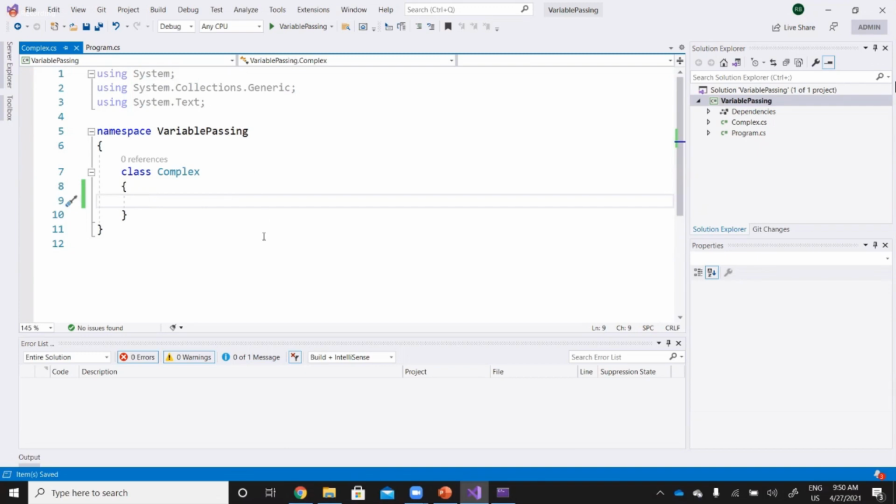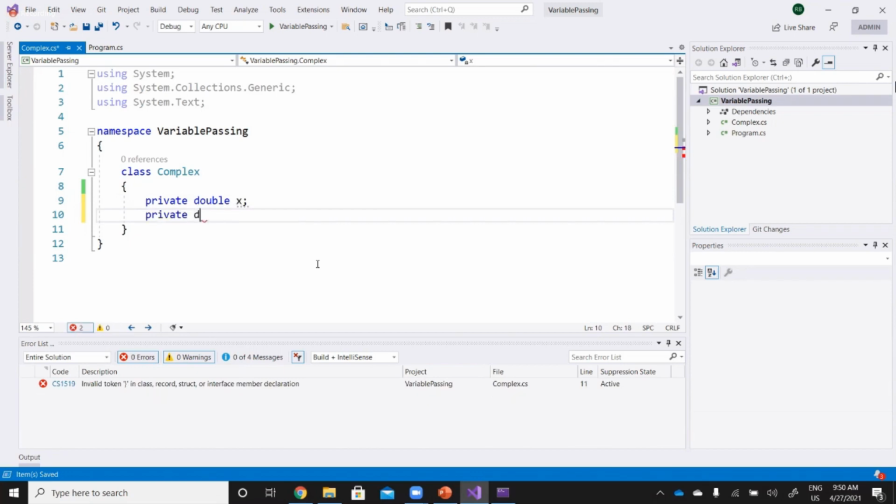So now what we are going to do, right? Initially this class has two variables. Let's define it as private double x and another one, private double y. It doesn't matter, right? You can even keep it not private but public, because we only have these two values.